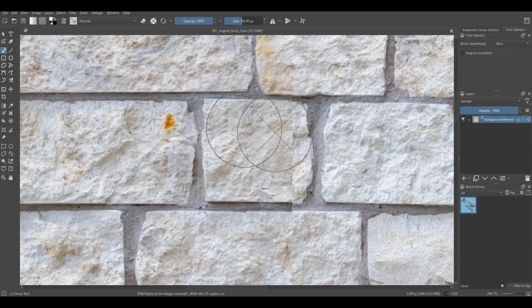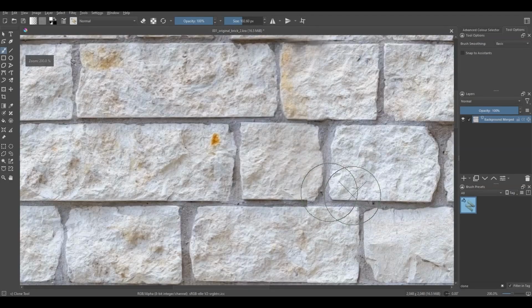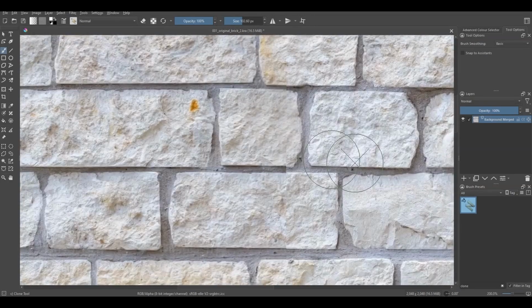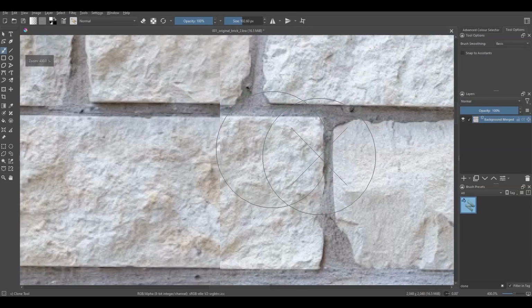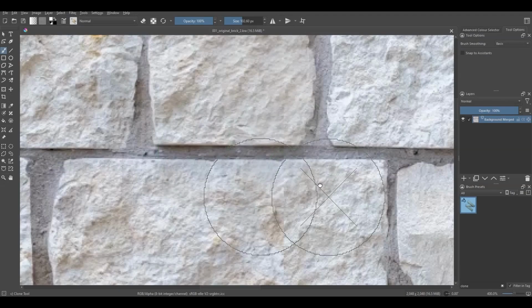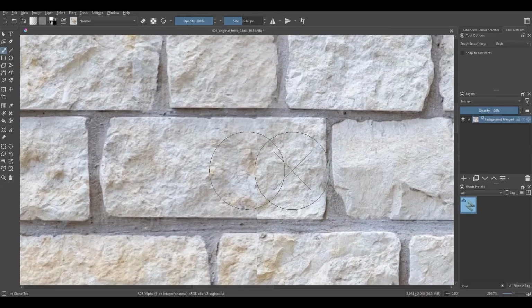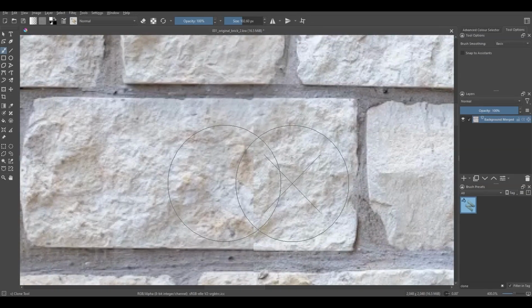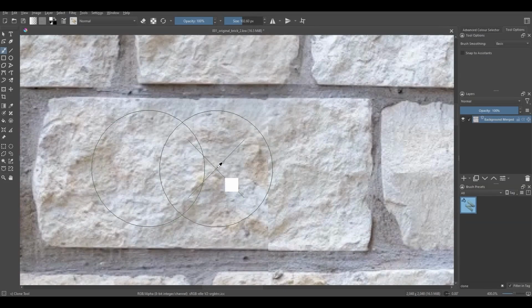Sample, and then tap, taking care not to overdo it. Sample, tap, maybe one more tap will do, because in this area it seems like there's almost no difference. So sample, tap once,